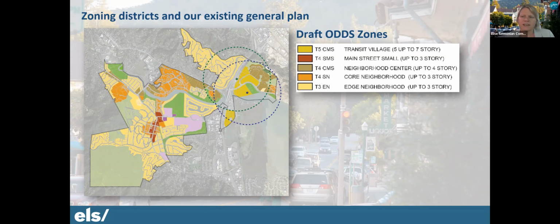I wanted to ask you too to comment on North Magnolia. That wasn't specifically on a slide, but that's another area where 4 stories is being proposed. And then the Bon Air Shopping Center. Both Bon Air and the North Magnolia area are provided the T4 CMS up to 4 stories. And so I would like to hear people's comments on that.